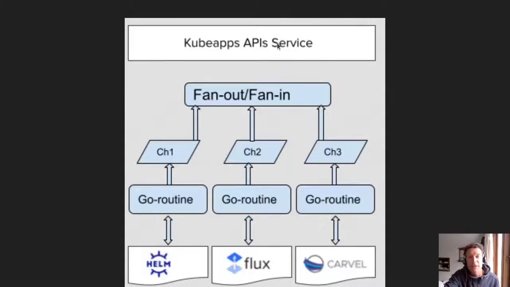But basically the request comes into our API service, and that creates one Go routine, which listens to the three input channels, one per plugin. Now, this Go routine then spins up separate Go routines, one for each plugin. So one for Helm, one for Flux, and one for Carvel. And each of these Go routines